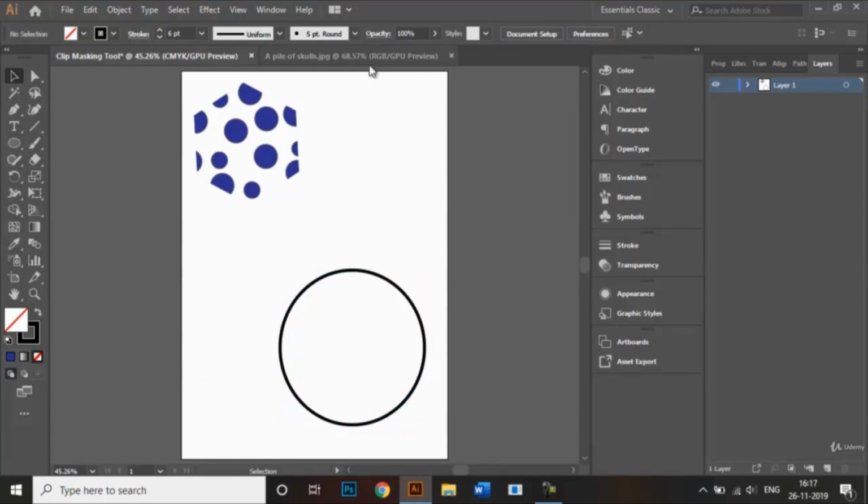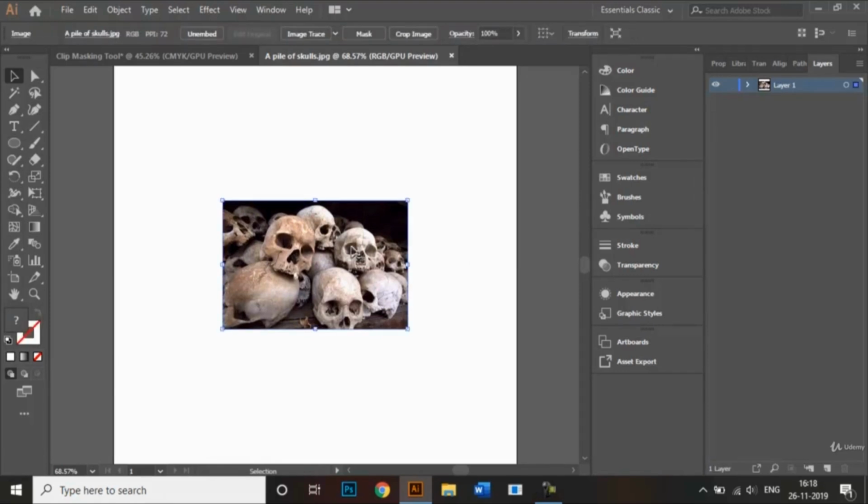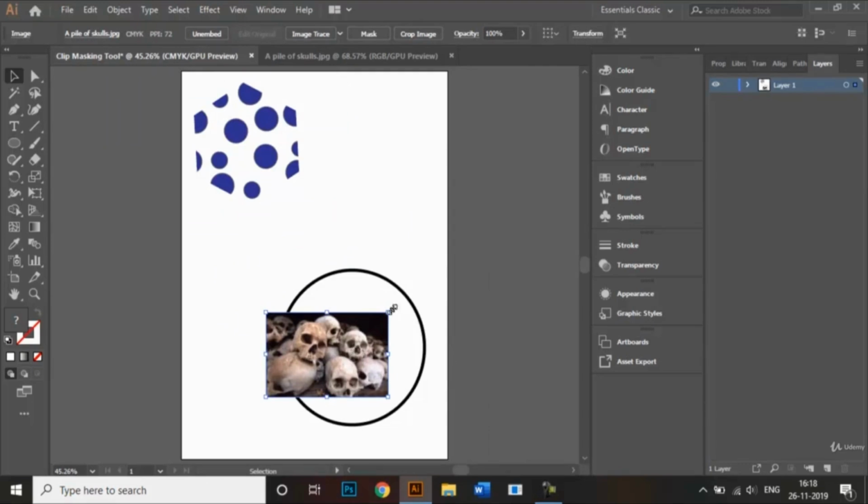Right. So we go back to our image right here. You can use any image you like, right? It can be a photograph of yourself, your loved one, or even of a pattern that you really like. So we click on this image and drag it to our original document right here. So I'll make the image bigger